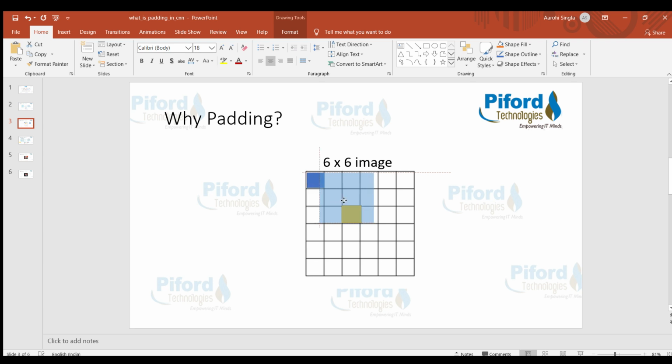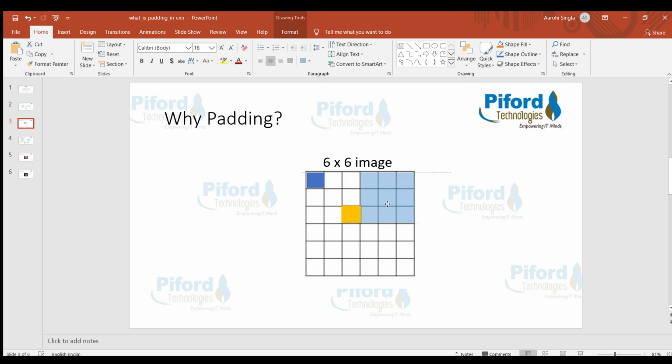But when we scan the image and move the window, the yellow pixel is still getting covered, but the blue pixel is not getting covered. Here also the yellow pixel is covered, but the blue pixel is not.